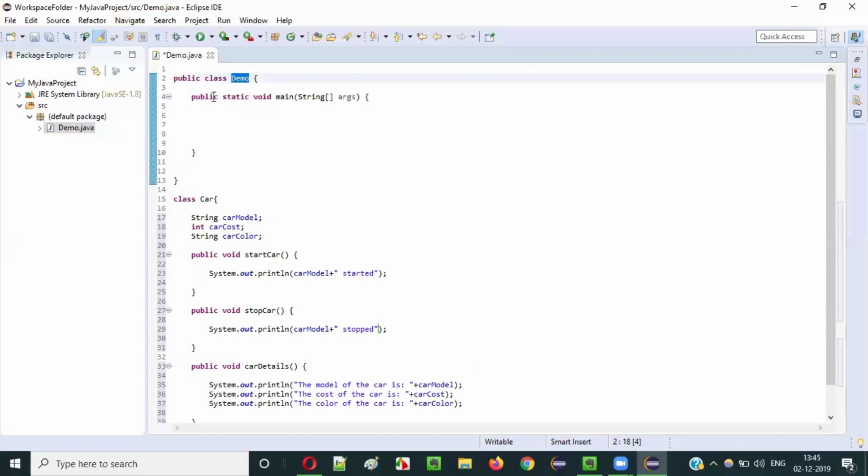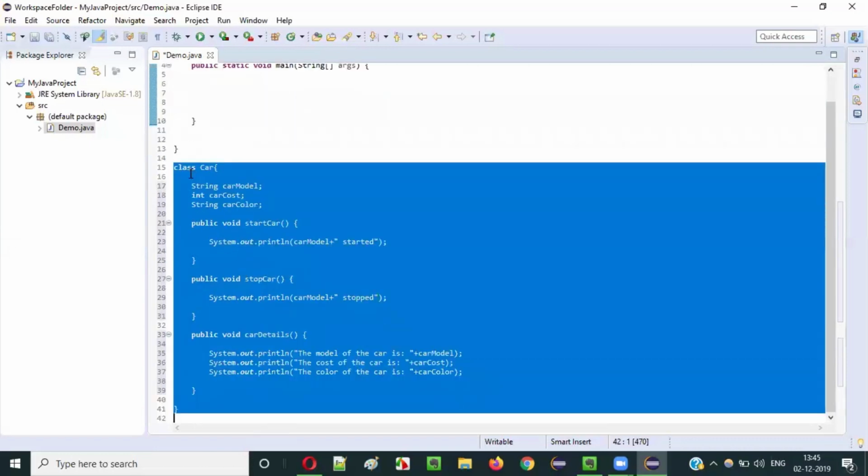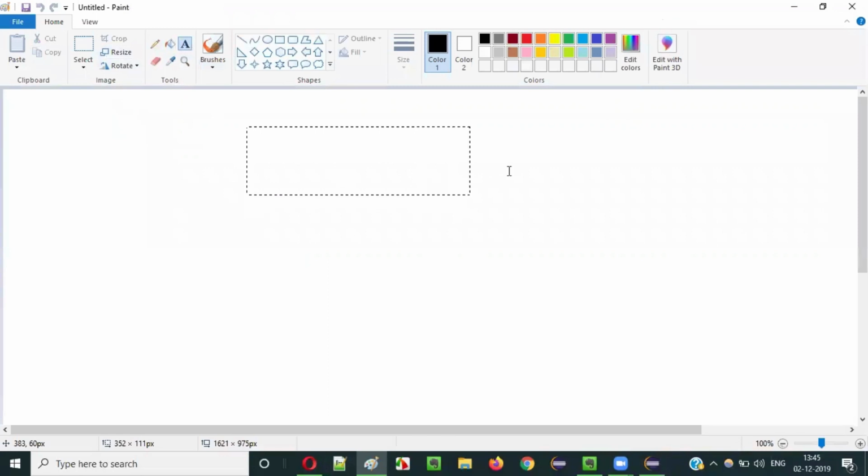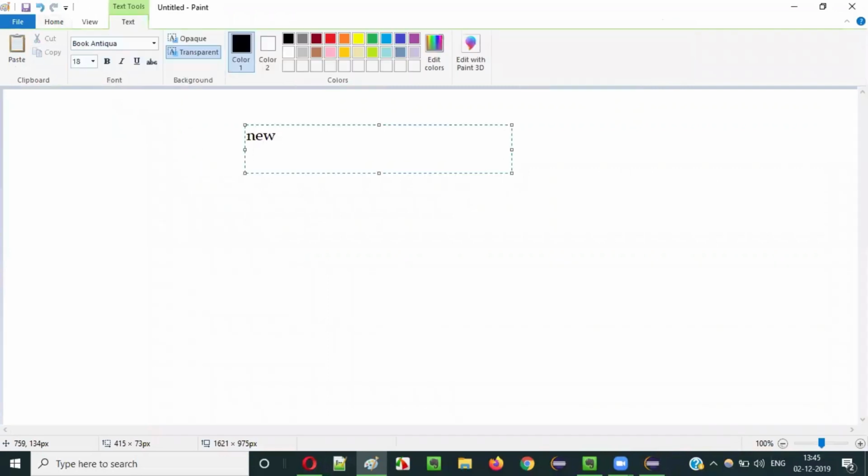So in the demo class, inside this main method, I want to create objects using this car class template. So how to create the objects for this car class template? For that guys, Java is providing a keyword, an operator you can say. In Java there is an operator known as the new operator,